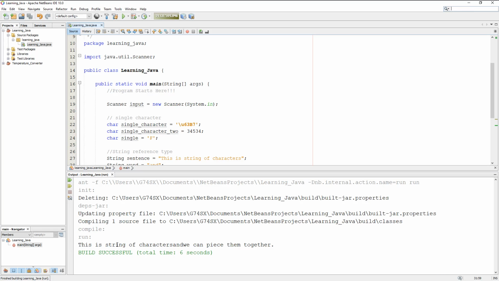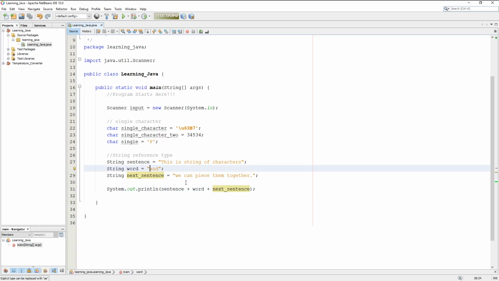So here we go. This is a string of characters, and we can piece them together. And we had the word there, but we didn't really format it properly. In order to make it proper, we should put the spaces in. They don't technically have to really be there. They can, if you want to put it here, you want to put it here. As long as you have them and you're